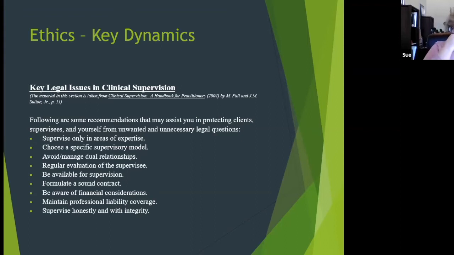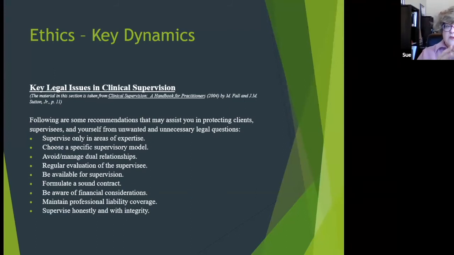Last and not least, supervise honestly and with integrity. And the reason I want to hit that a little bit is because our relationship with our supervisee, just like with our clients, is part and parcel of our work. And just like if we are having a troubling relationship with clients, that's where a lot of complaints can come to licensing boards and so forth. Same thing goes for our relationship with our supervisee. We want to have that relationship be positive,